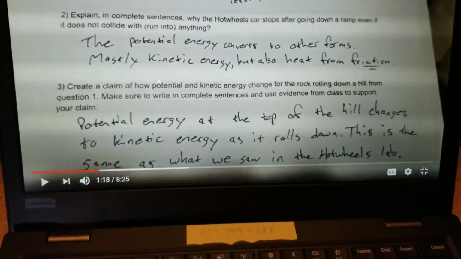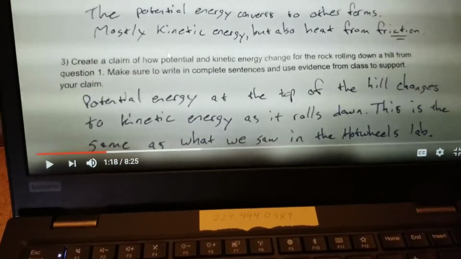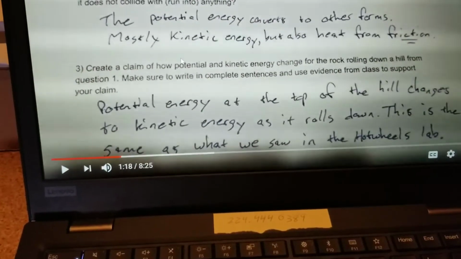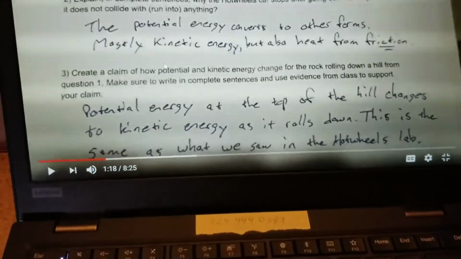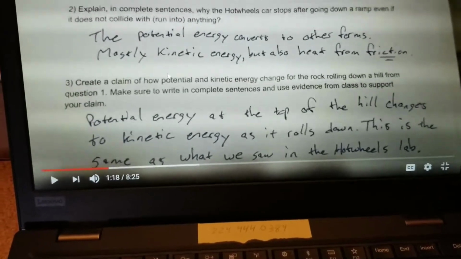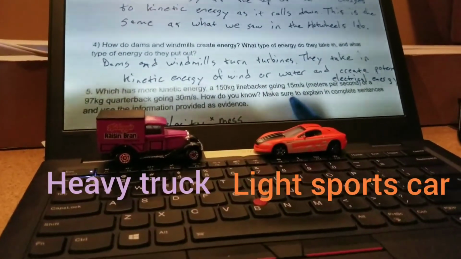Okay, I'm not even going to play the digital one here. I'm just going to go ahead and let you read the question there and read the answer. Claim of how potential and kinetic energy change form. It's exactly what we just talked about as we watched the Hot Wheels car run down the ramp and across the basement floor. Kinetic energy, a 150 kilogram linebacker